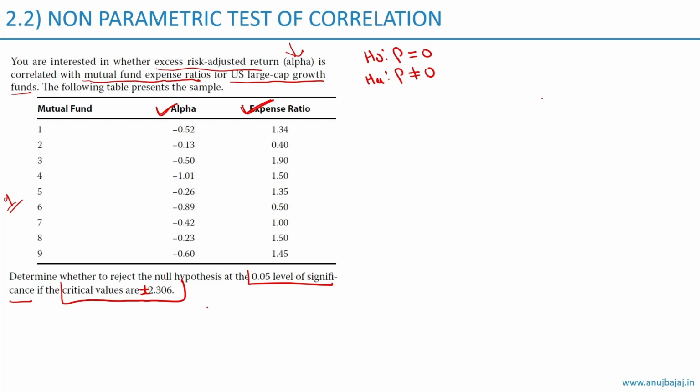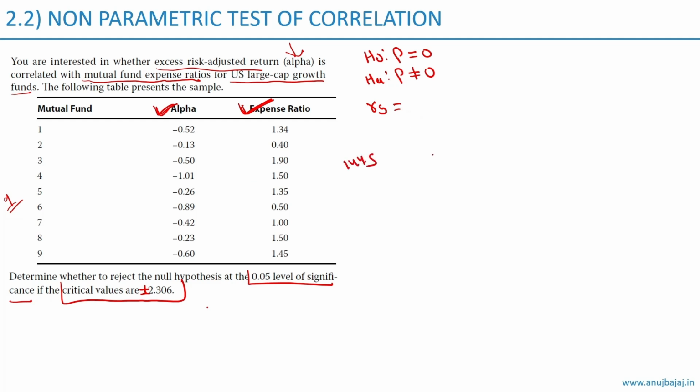So before finding out the test statistic, let us find out the Spearman rank correlation coefficient. On the exam, you won't be asked to perform such lengthy calculations. Either you will be directly given the difference squared, or you will be given the ranks of each of the variables from which you need to calculate the difference squared, the sum of the difference squared. So in this case, the sum of the difference squared is